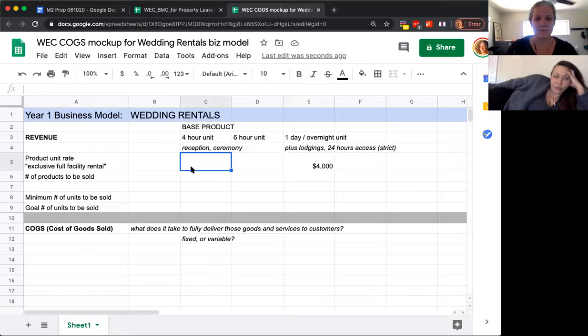I'd want to explore that a little bit more because there's not a lot of difference in terms of our cost of putting that on, and we wouldn't really be able to book 2 4 hours or something. So they're taking up a prime spot there. I was thinking a 4 hour might be somewhere around 3,000 and a six